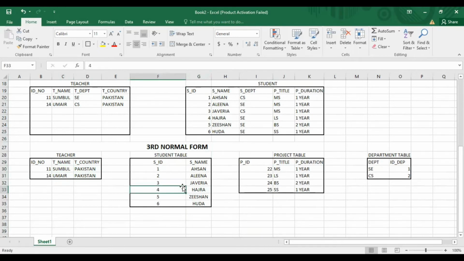We cannot recognize the department and project, or what the project title of SN is. We do not know that in third normal form yet. So what we will do is create relations.